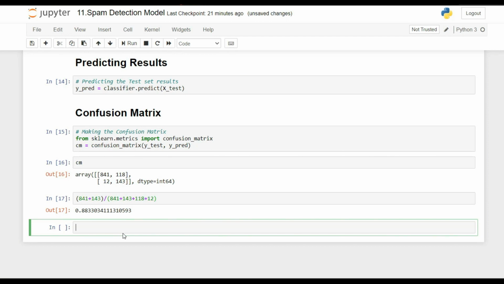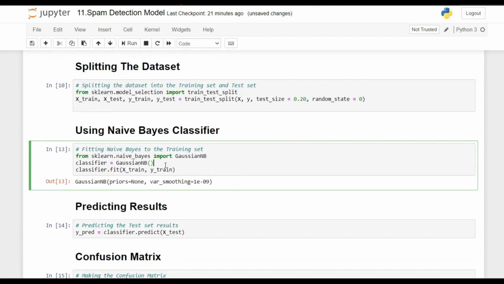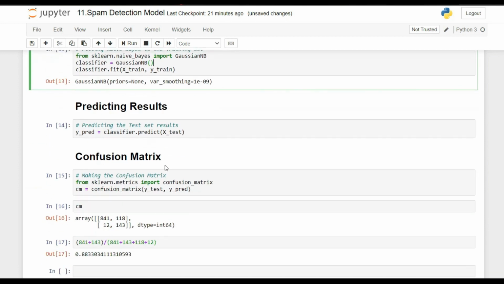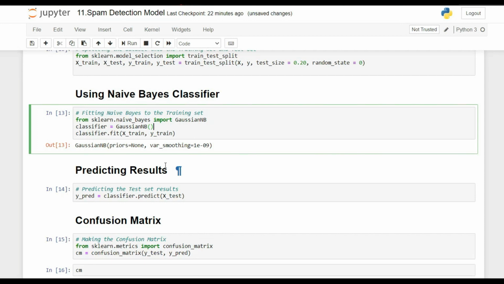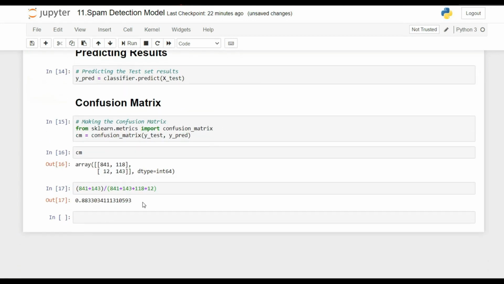So guys, we got quite a close prediction. 88% is quite good, but I don't advise you to stop at this point. I will suggest you try different parameters with the model, or you can use a different classifier. I have just given you a basic introduction. You can explore yourself, try different parameters and different models, and get better accuracy than I got here.